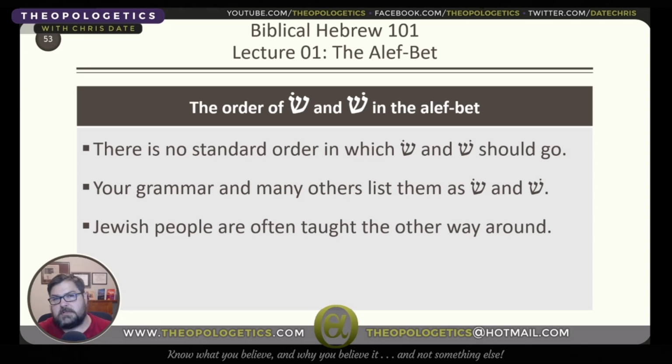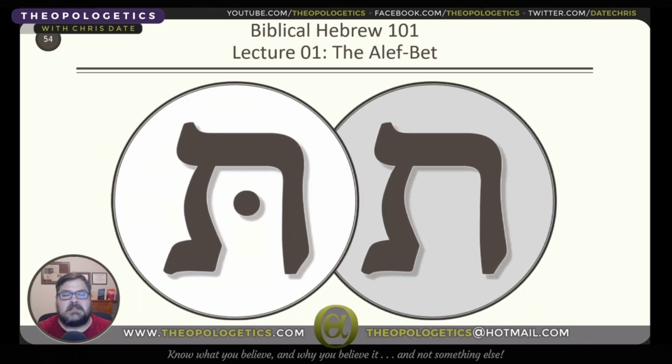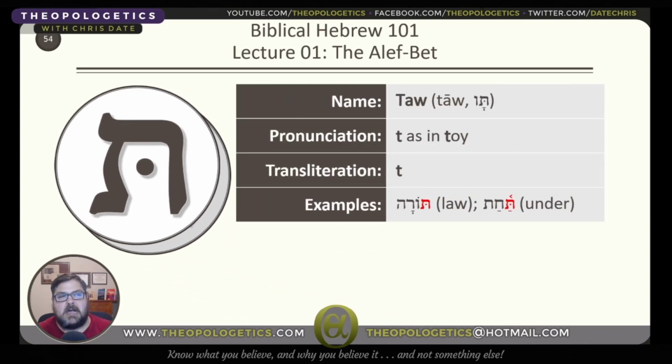That's not important. Just remember how to tell them apart. That's the important part. Last consonant in the Hebrew Alef-Bet is taf. Tav. Tav makes the sound of the English letter T in toy or ton or, touche, although that's obviously not an English word. It is transliterated using the English letter T,